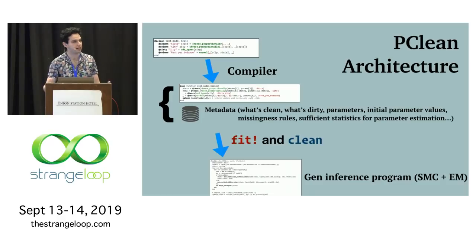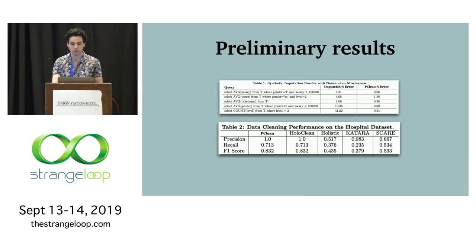The nice thing about Pclean, and in general, I hope, about these domain-specific probabilistic programming languages, is that once you've restricted yourself to a certain domain, you can reason much more effectively about what sorts of inference algorithms will always work in that domain. And so the idea is that this inference algorithm, though I'm sure that we still need to work on it some, should be applicable to most of the models that people write in Pclean, because Pclean isn't quite as expressive as Gen as a whole. We have some very preliminary results showing that we can match existing machine learning-based systems for data cleaning if we just encode some basic domain knowledge into our scripts.